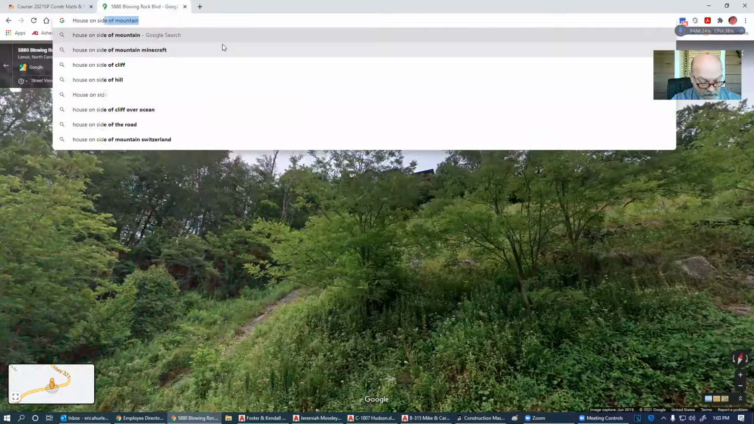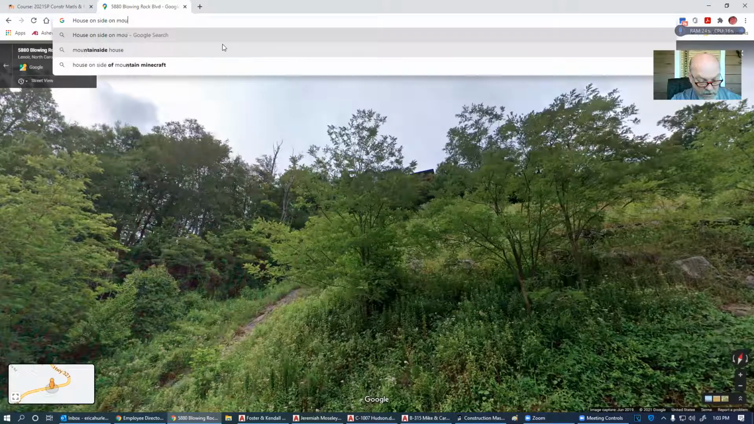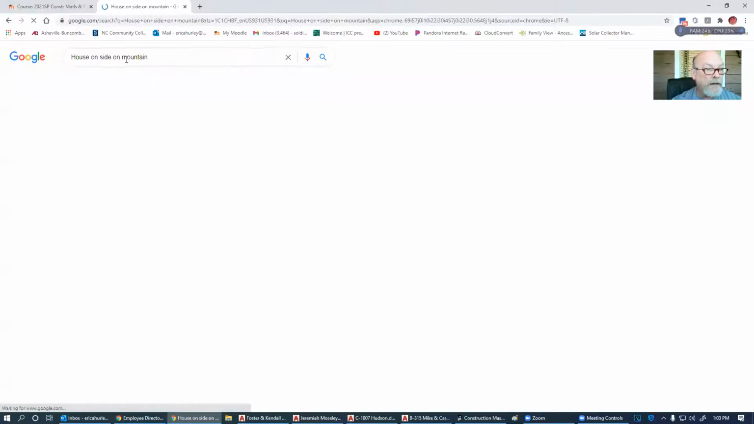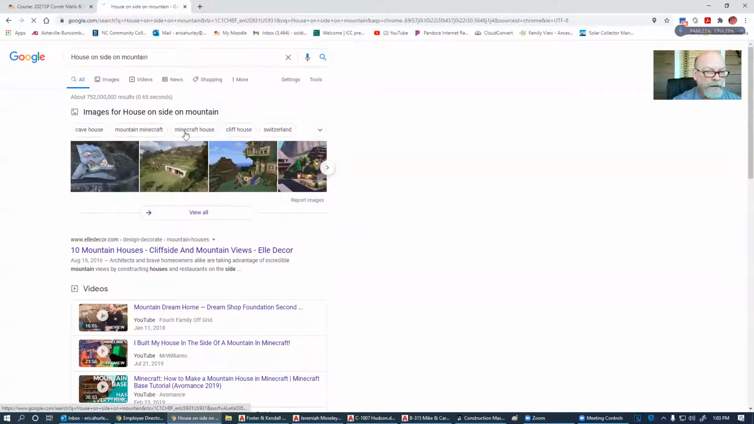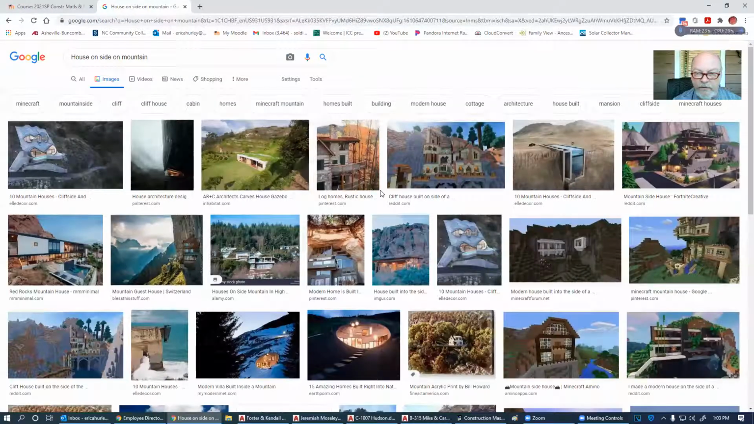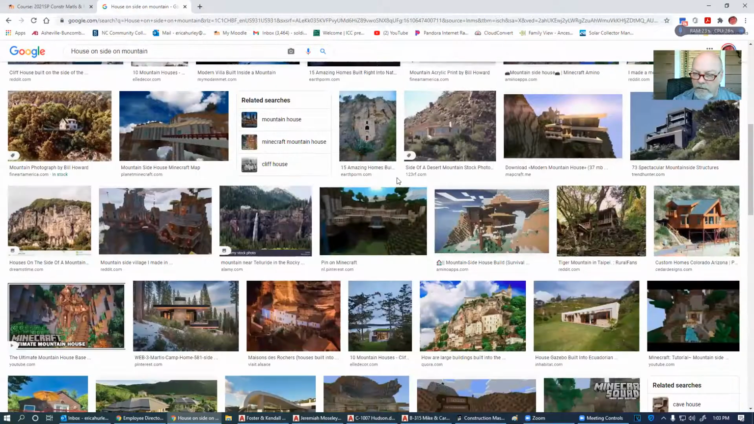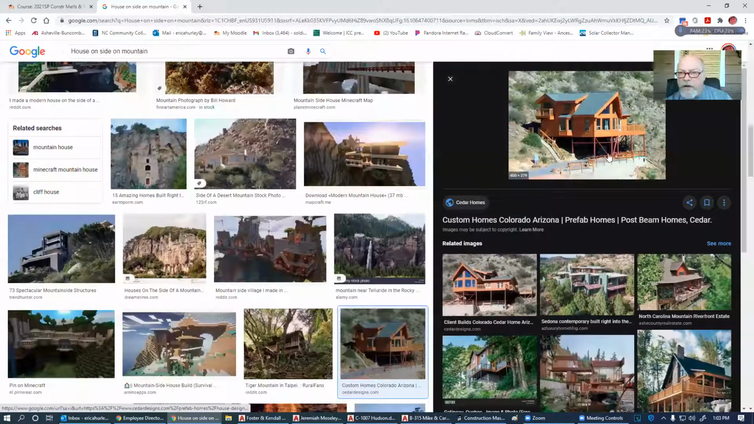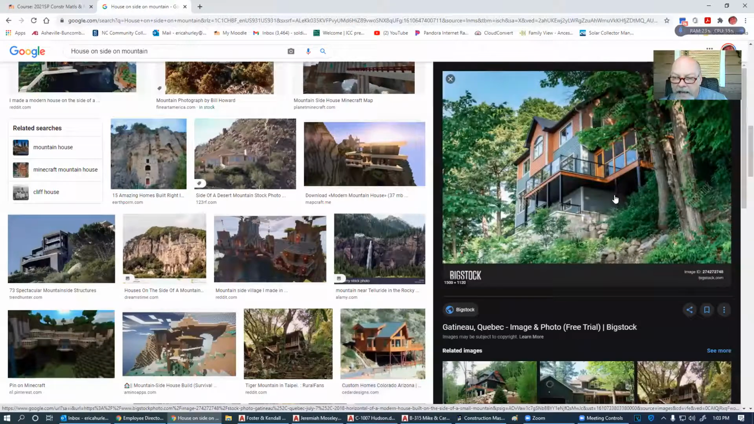House on side of mountain. See what we got here. See if we got any good images with some crazy metal. There we go. So here is what we call metal foundations. These foundations are embedded into the rock, and